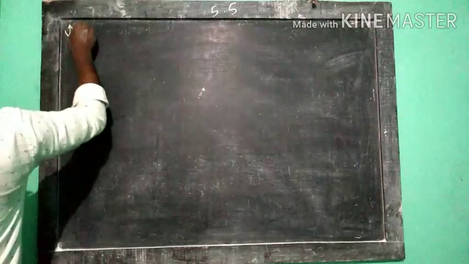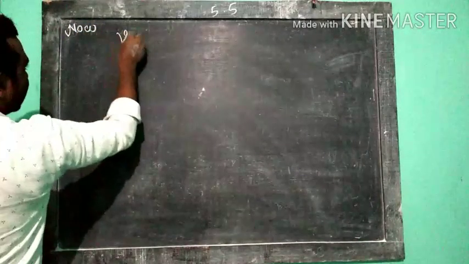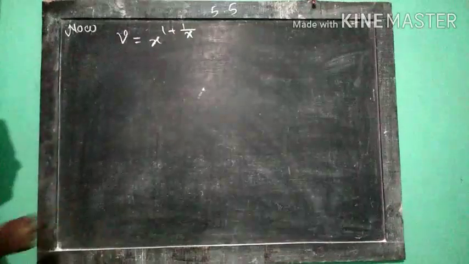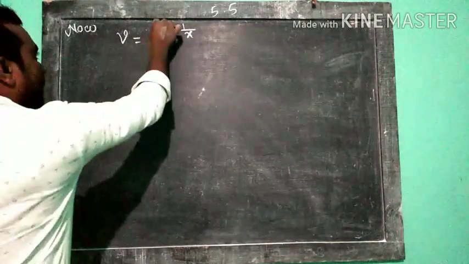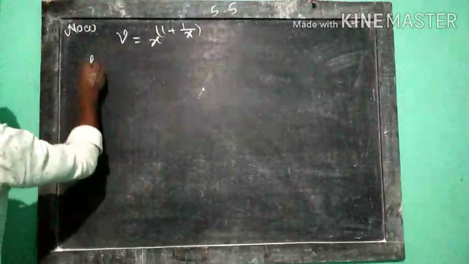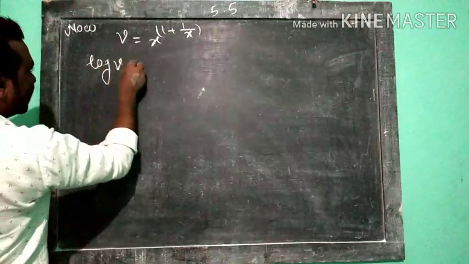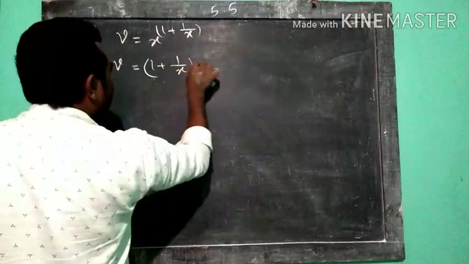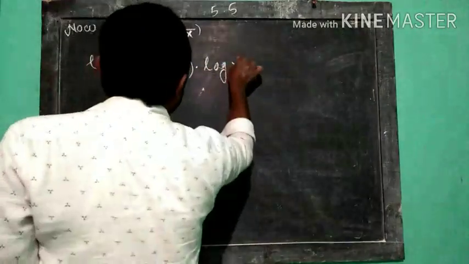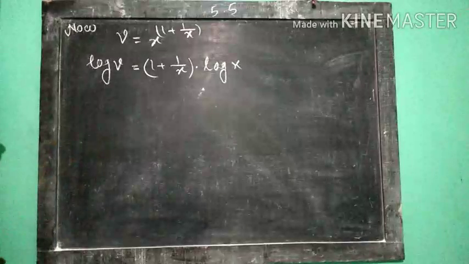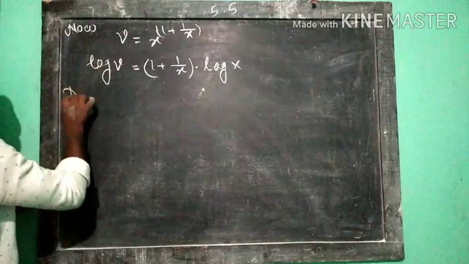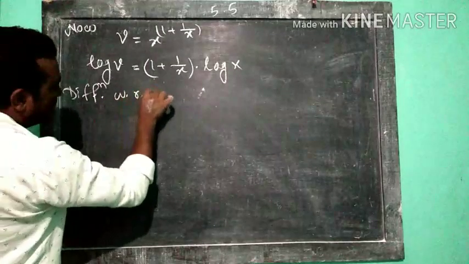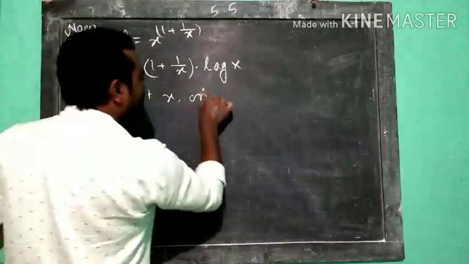Now v equal to what? v equal to x to the power 1 plus 1 by x. If we take logarithm on both sides, then log of v is equal to (1 plus 1 by x) into log of x. Now differentiating with respect to x on both sides,